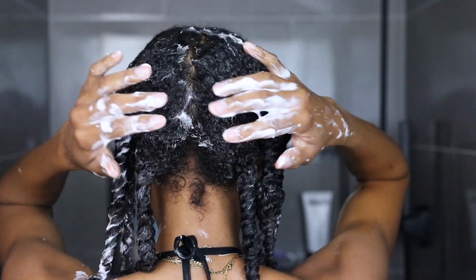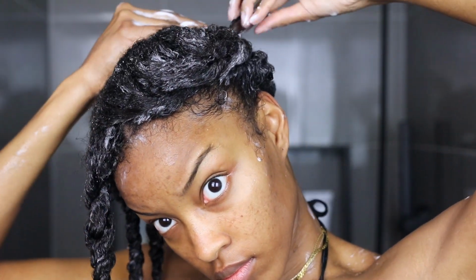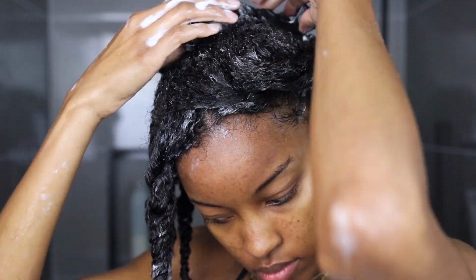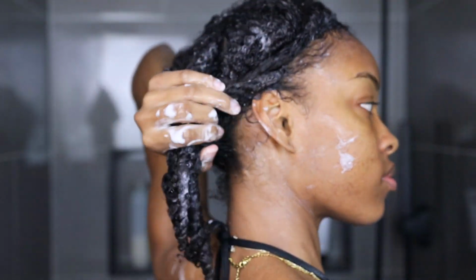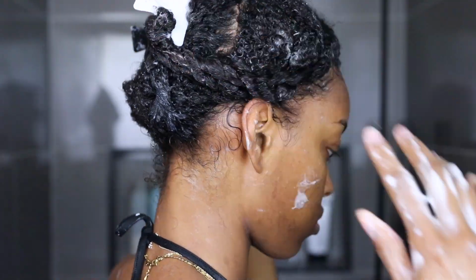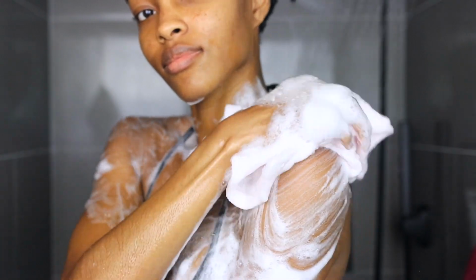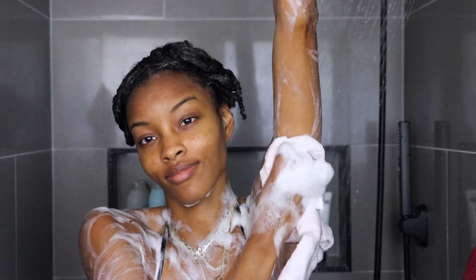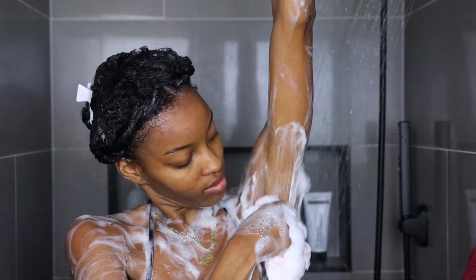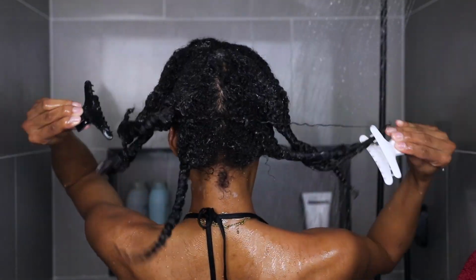I have all my twists in and it's conditioning, and then I like to go ahead and clip up my hair. You can put it in a disposable shower cap if you want to give some more intense hydration or deep conditioning vibes, but I like to go ahead and wash while my hair is pinned up. So I'm scrubbing up, dubbing, you know what I'm saying? And then by the time I'm done washing my body, I feel like my conditioner has been sitting for a good little minute,